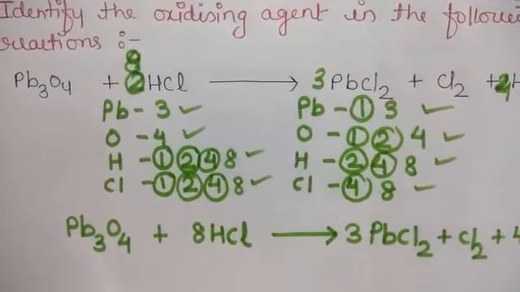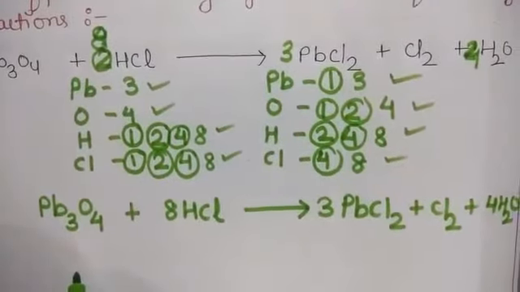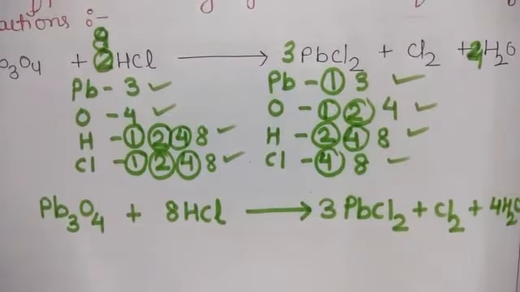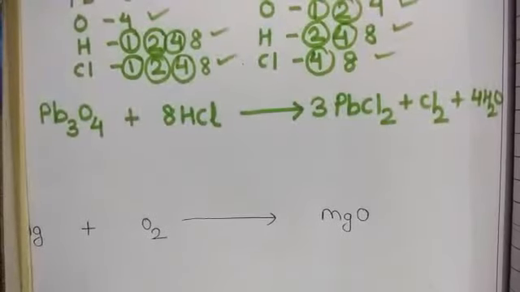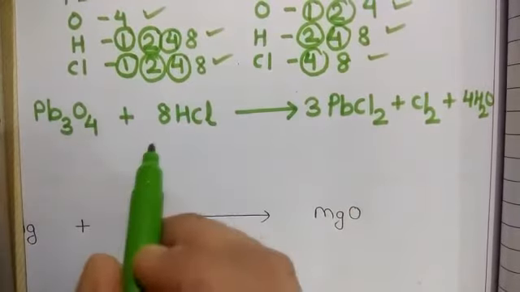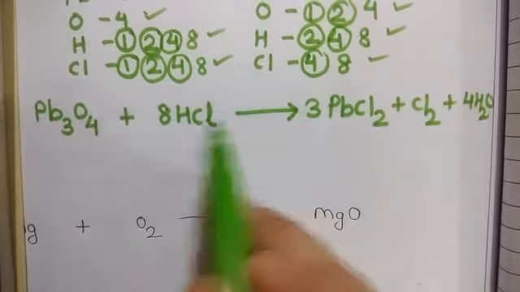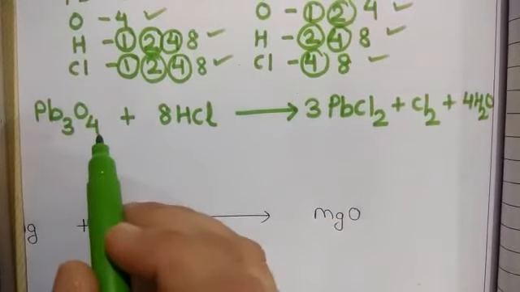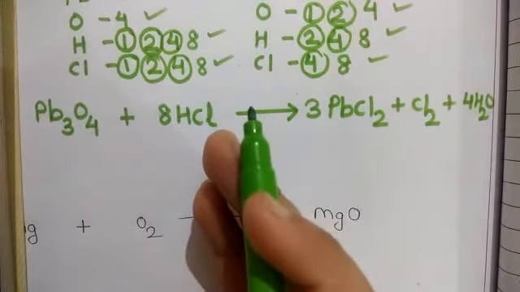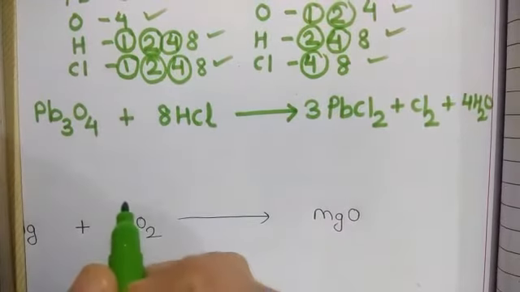Okay. Now we have to write down the oxidation reaction in this. So how will we write the oxidation and reduction? For writing the oxidation and reduction reaction, we have to check what the differences are between product and reactant at both sides. For that, we have to start. What is the oxidation reaction? Either it is a gain of oxygen or loss of hydrogen or loss of electron. These are the definitions of oxidation.